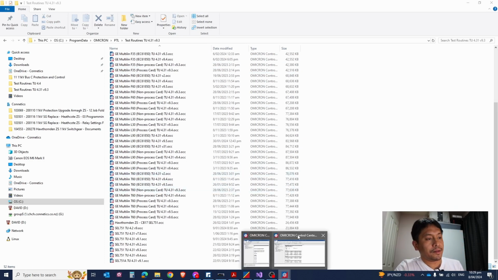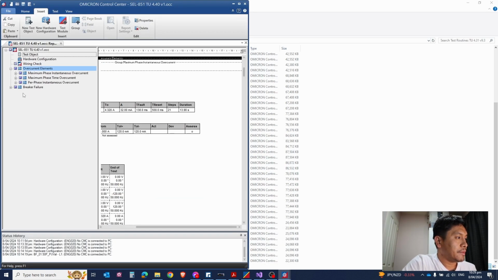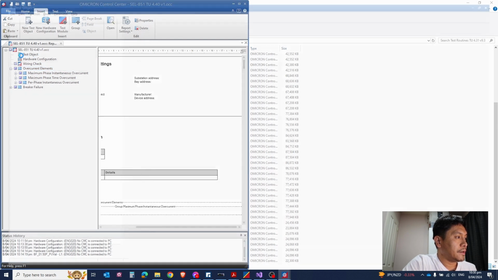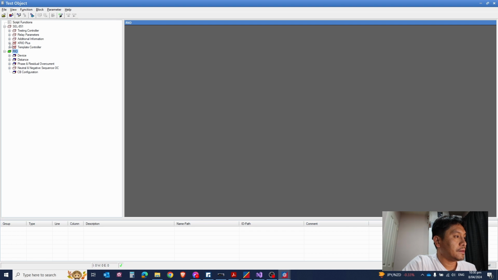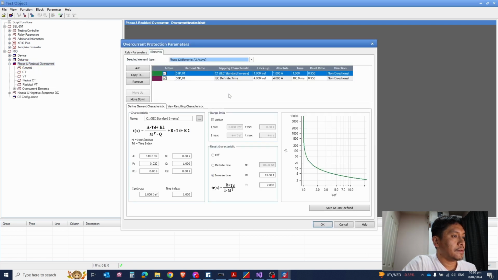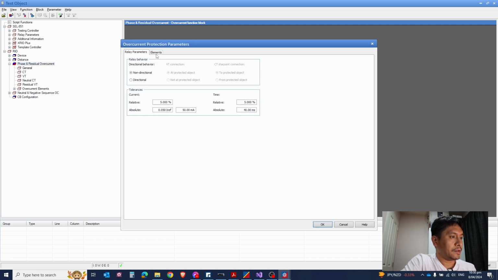So I think this is the set. Next time I'm gonna show you how to make this 3 levels or 4 levels of overcurrent elements using testing controller. So at the moment we have